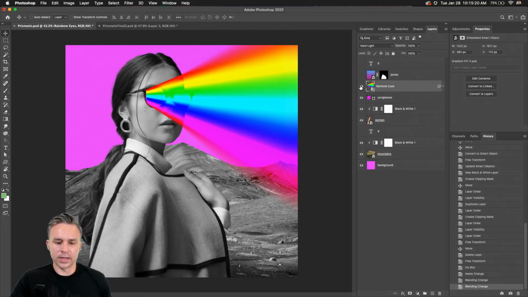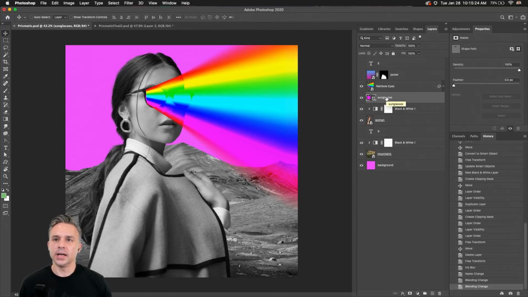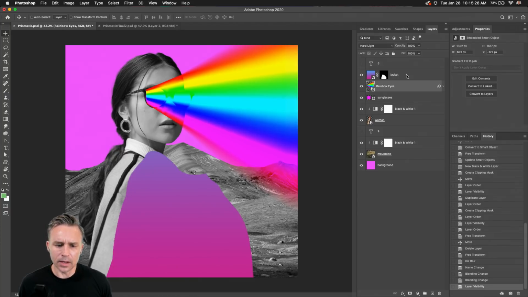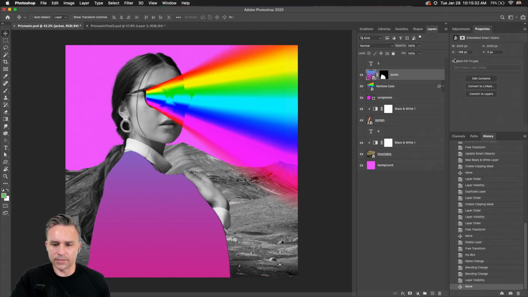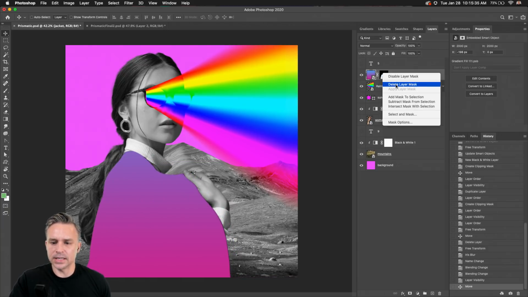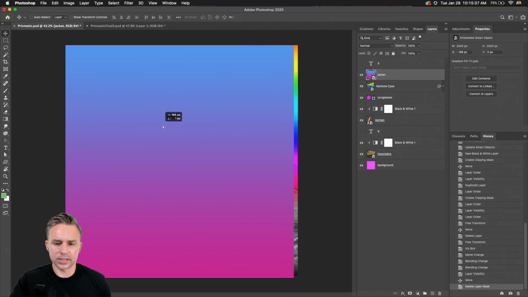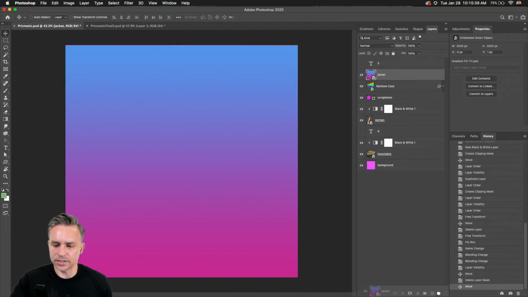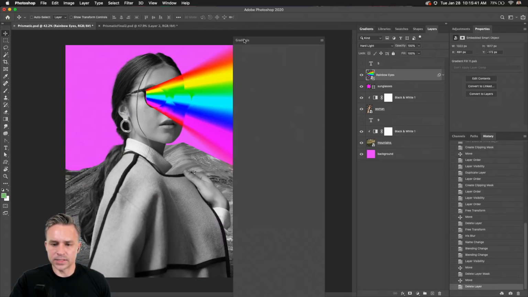Let's kind of play with the background and some other materials. Actually, let's give her a fun metallic jacket, shall we? If you have the starter file, you have this jacket layer. In fact, you know what I'm going to do? I'm going to delete this layer mask. Shall I do that? I'm actually going to start from scratch just so everybody knows, because it'll take 2 seconds